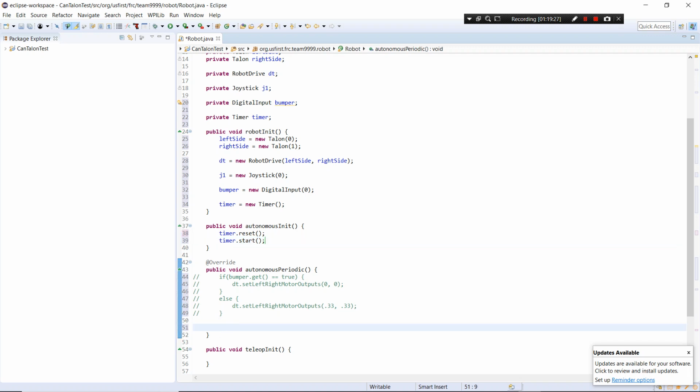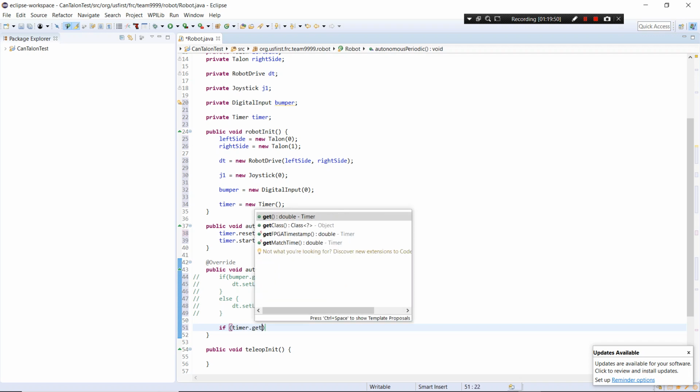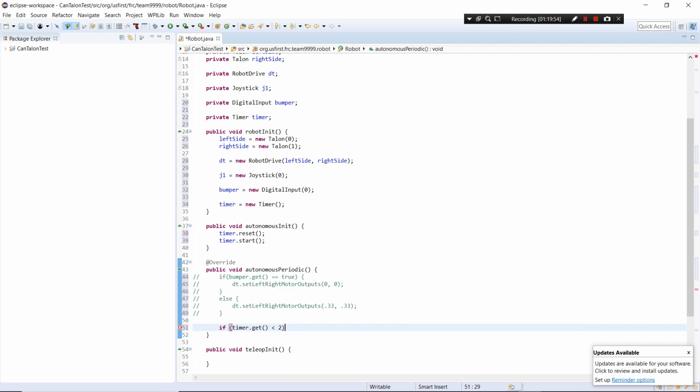So now we're going to structure some motion based on the timer. The timer will return values in seconds with a precision of about 3 or 4 decimal places. So what we can do is say if timer.get is less than 2,